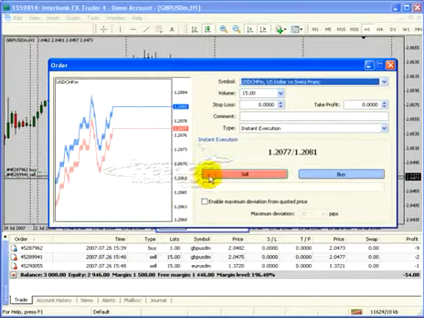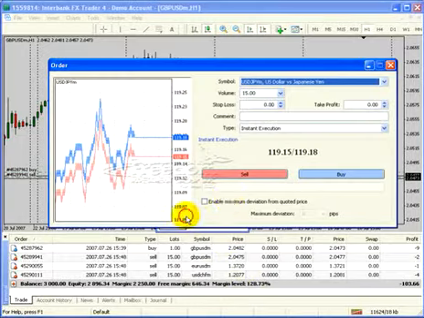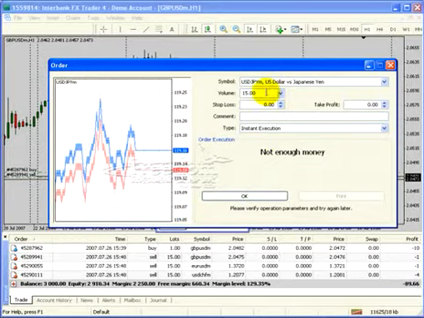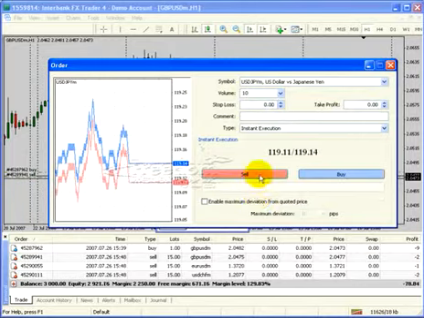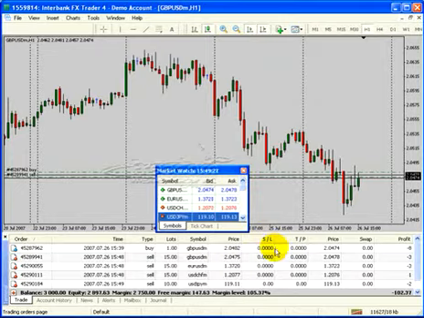I'm going to put on 15 of the Swissy. You can see the numbers even changed once again. Now we're going to put on 15 more. Oh, it says not enough money, so we can't put on 15. Let's see how many we can put on. Let's put 10. And it took 10. So we're close to the limit as to how many we can trade, but look,